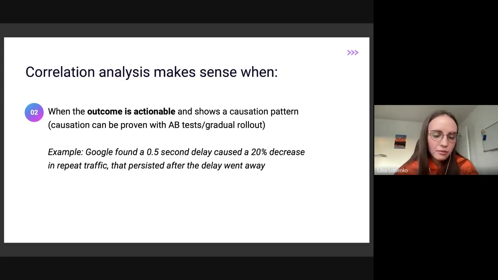So feel free, once your impact is proven, to test whether this change or this correlation makes sense when you test improvements with A/B tests or gradual rollout. For example, you see some pattern, but you are not sure if one thing causes another. You can remove one thing with an A/B test, if it's possible, and see whether customers in variation A feel better compared to customers in variation B. This can help you test and prove causation.